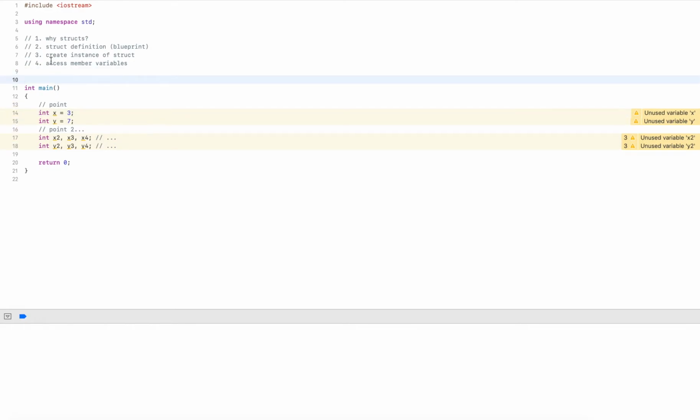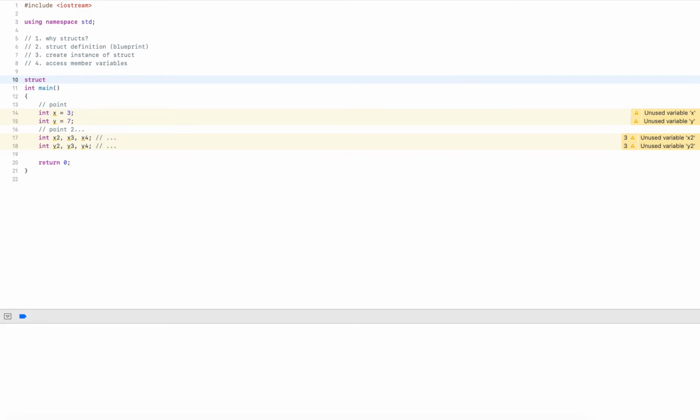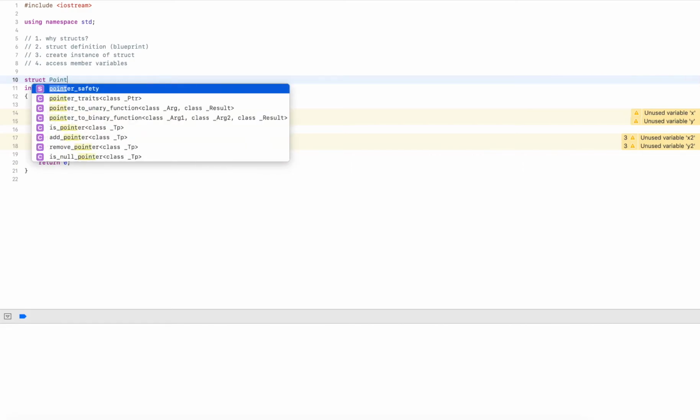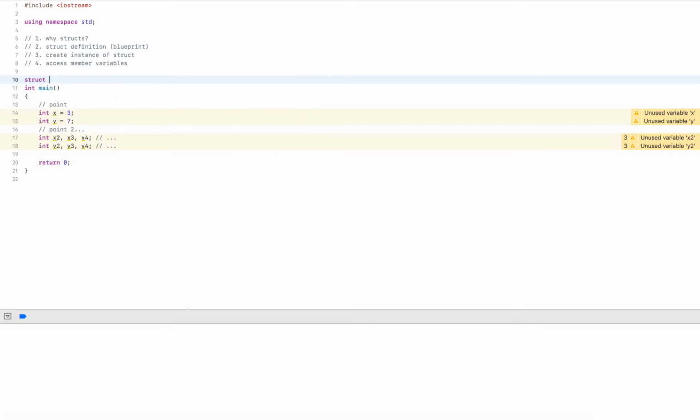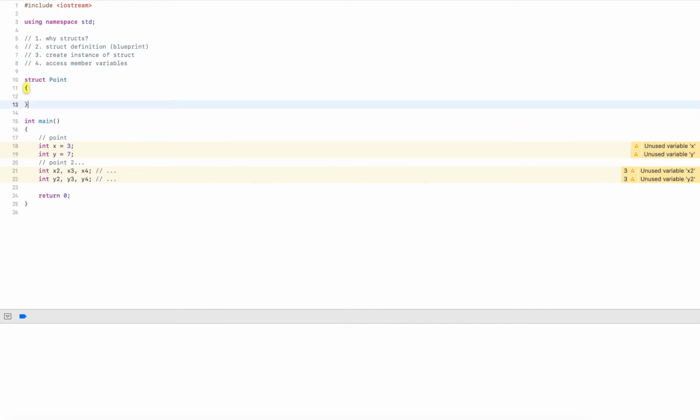So let's go to our second bullet here. Let's define a struct that represents a point. We start out by using the struct keyword. Then we give the struct a name. In this case, I call it point. And then we have a body in which we define the member variables. At the end, it's important to end the body with a semicolon. So don't forget to write the semicolon. And then anything that belongs to the struct we define inside